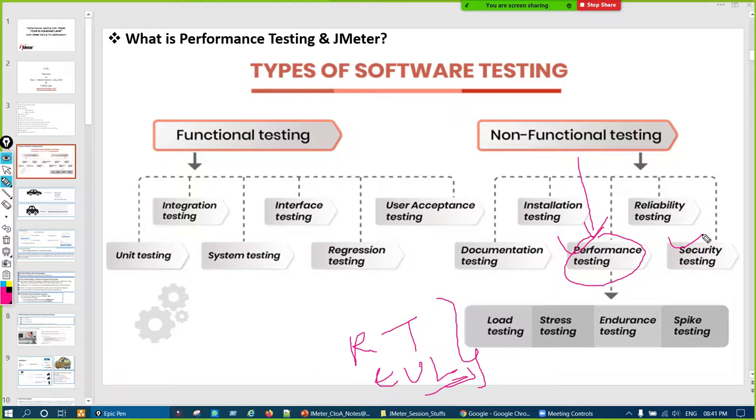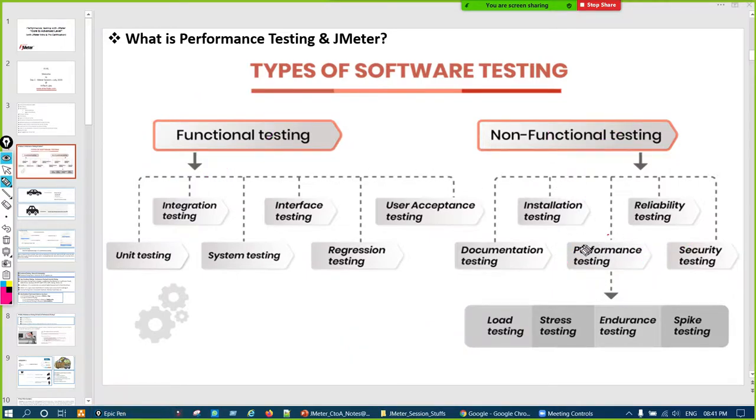We are worrying about how the application is working, what the behavior of the application is, or whether the application is secure or not. That is why it is known as non-functional, and the user interface part is known as functional testing. So that is the difference between functional and non-functional. Then two types of testing are there in non-functional: performance and security, right? We are in performance testing, and in performance testing we see response time and user load.